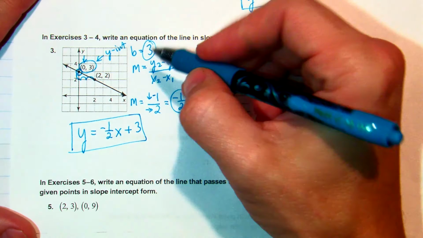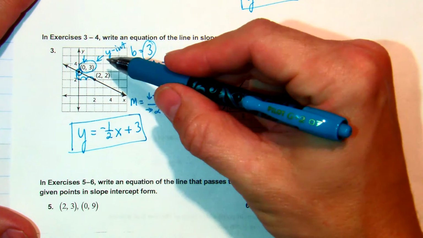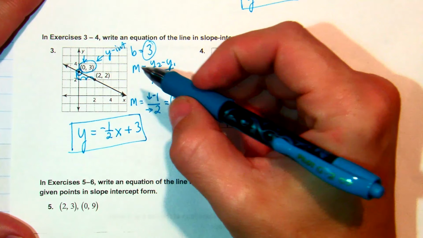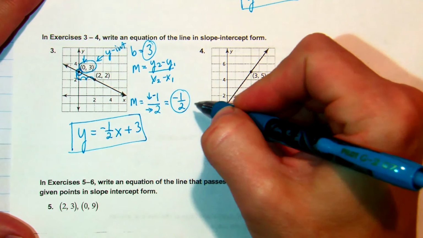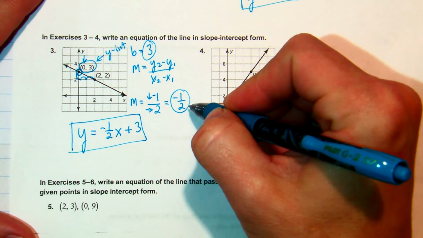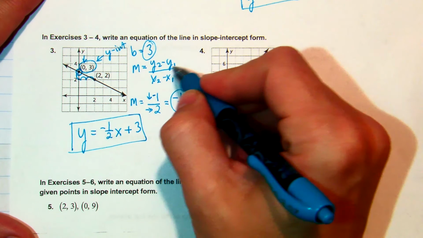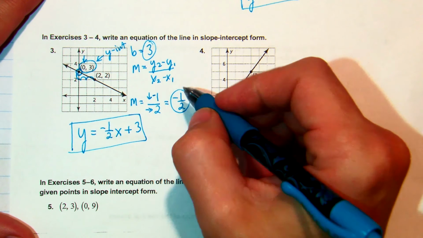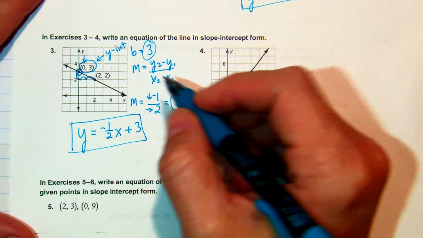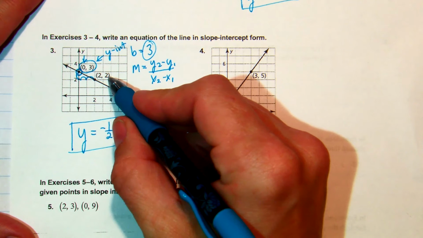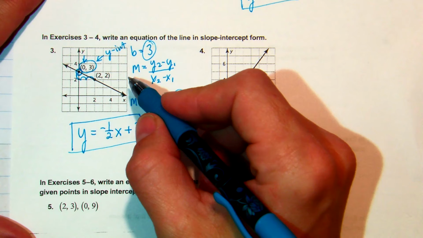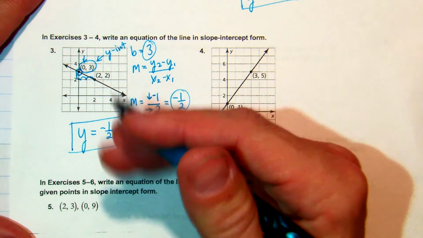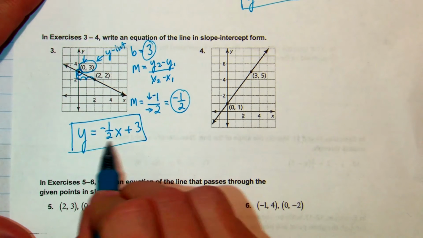Now, if you didn't recognize that this was the y-intercept, or if you found the slope using y2 minus y1 over x2 minus x1, you could put the slope together with one of these points in the point-slope form, and then you could rearrange it to be in this